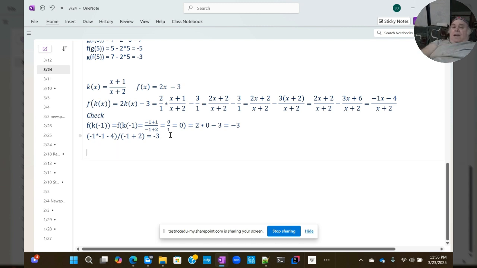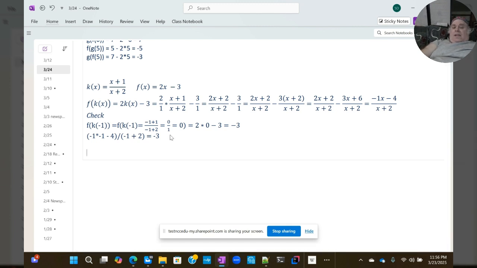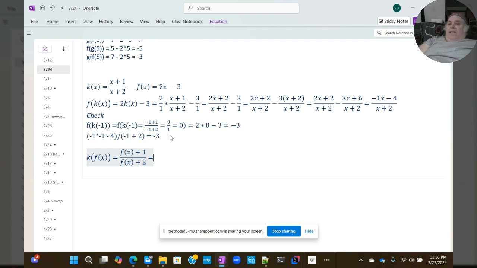Now let's just run it the other way too. k of f of x is going to equal f of x plus 1 divided by f of x plus 2, which is going to equal, in this case we won't need parentheses, 2x minus 3 plus 1 divided